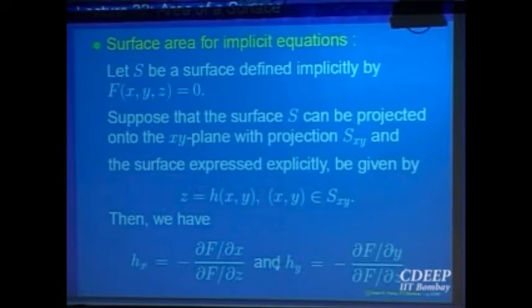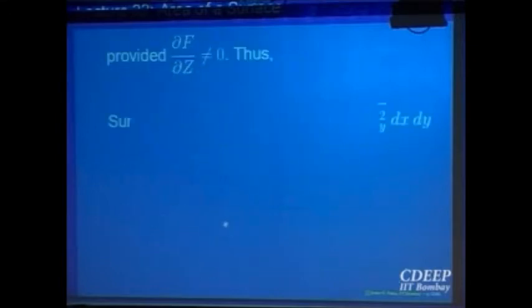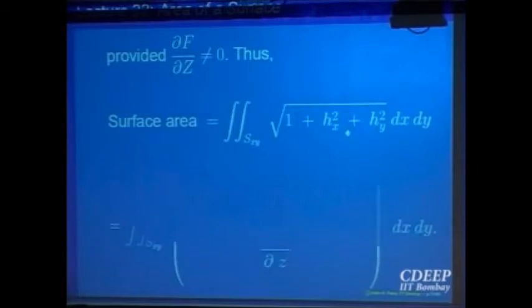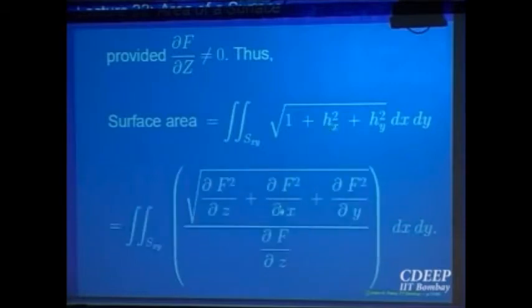So you can put the appropriate values in the formula. In the square root of hx square plus hy square plus 1, you put all these expressions which are purely in terms of partial derivatives of f. So you don't have to do any computation in that case. The surface area is this. Put the values of hx square and hy square and simplify. That is what the formula looks like. We have not done anything; we have just assumed that the surface is expressible with one variable in terms of the others, so this should be the formula.